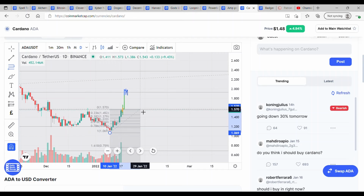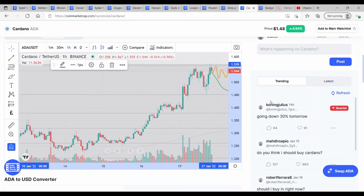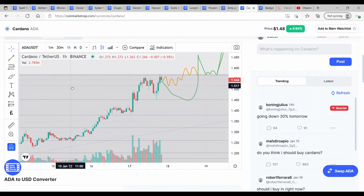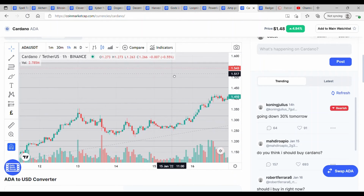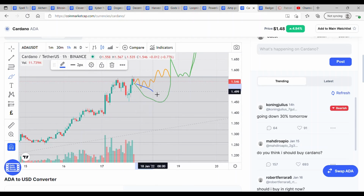So from the low to the high, if we are topping out here, what to look for next? I don't think we have topped out, but if we do, we would likely have a sell-off back to